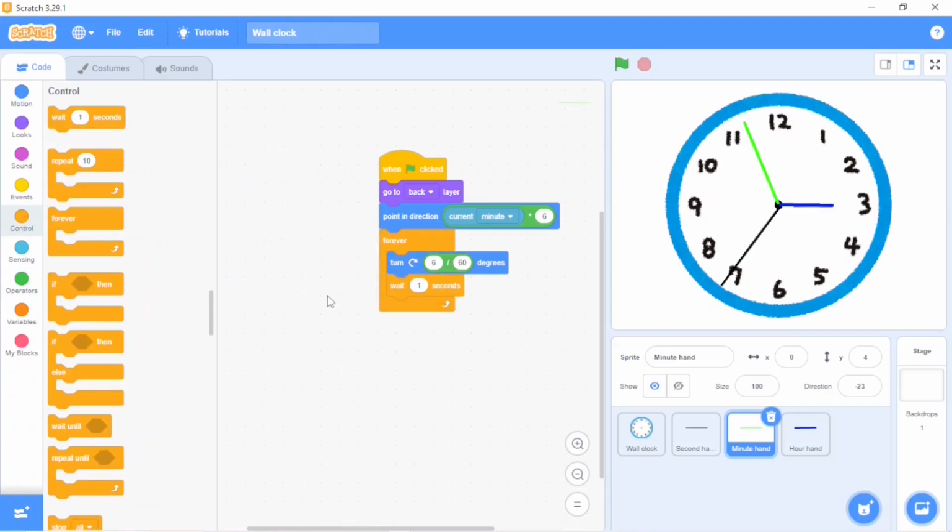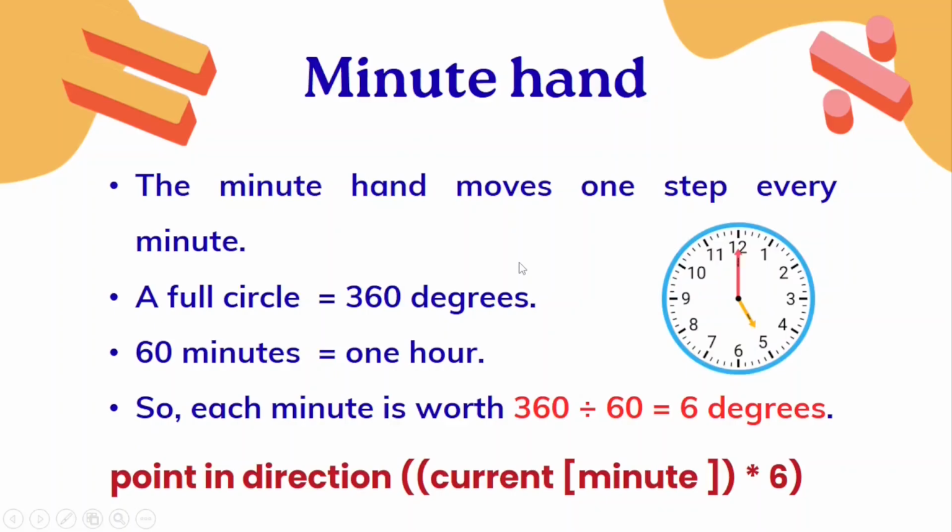Now I will make you understand why I did this coding for the minute hand. We know that the minute hand moves one step every minute. And we also know that a full circle is equal to 360 degrees. And 1 hour is equal to 60 minutes.